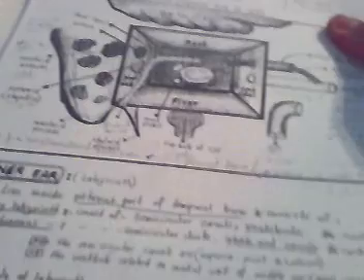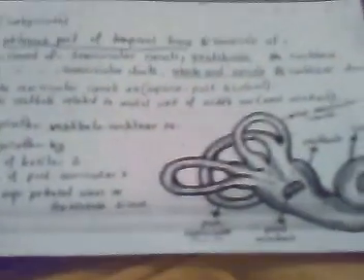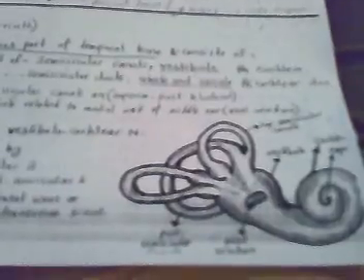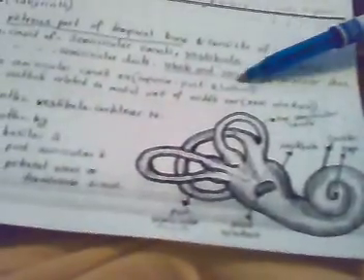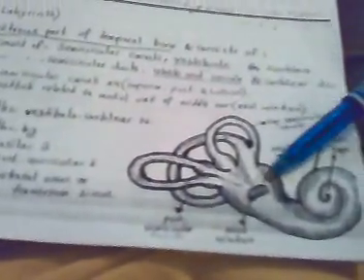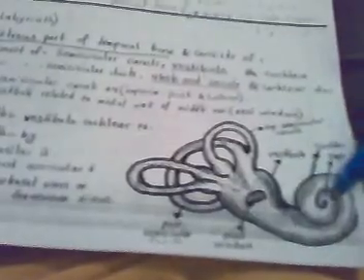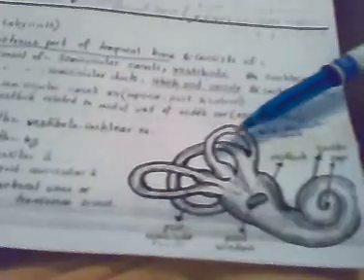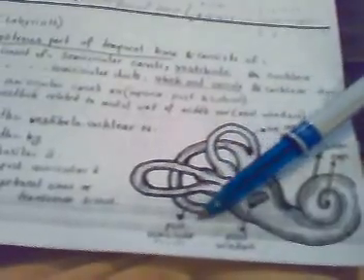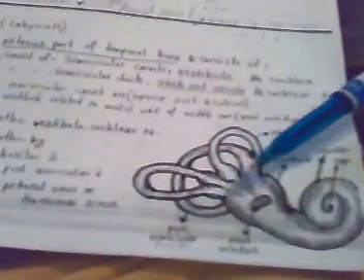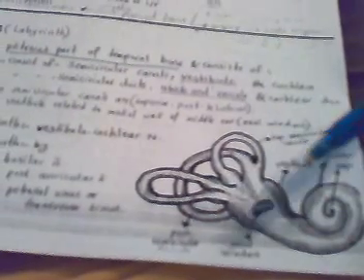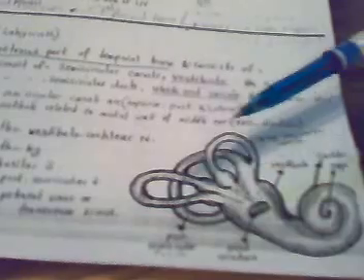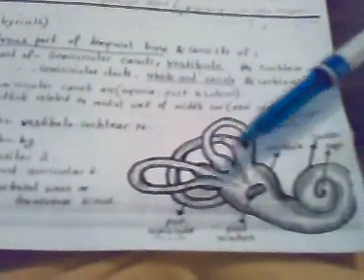The other structure which we are going to talk about is the inner ear. The inner ear, or the labyrinth, is formed of the semicircular canals, the vestibule, and the cochlea. Semicircular canals are the superior, the lateral, and the posterior. And here we have the utricle and the saccule, and the semicircular ducts, and we have here the cochlear duct. Of course, the inner ear is supposed